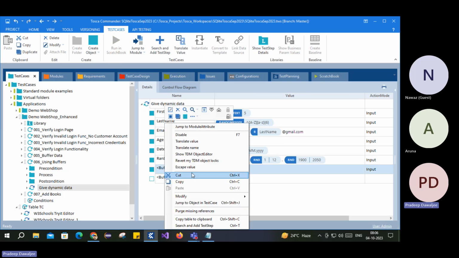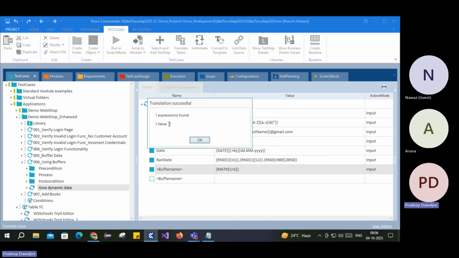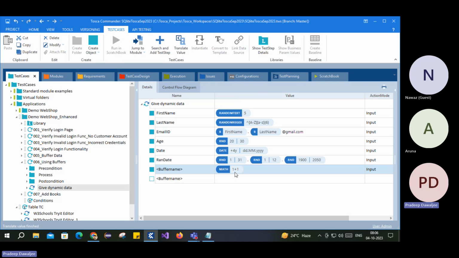So 1 plus 1 would give us the value 2. So if you want to perform some addition or subtraction, any mathematical operators, you can give it this way. Sometimes we also use math in conditions. In tomorrow's session, when I explain conditions, I will explain this math functionality in more detail. So for now,